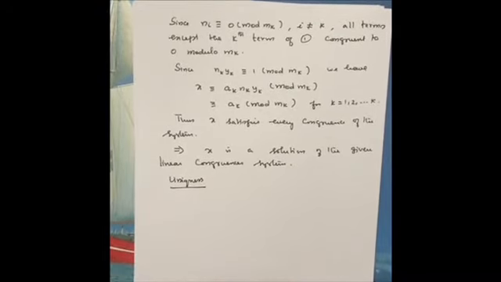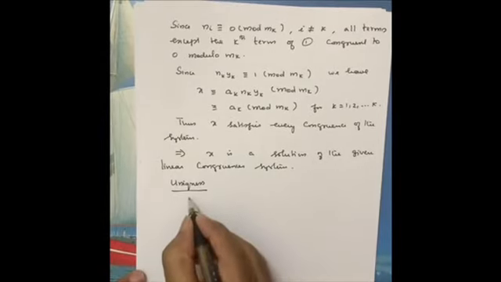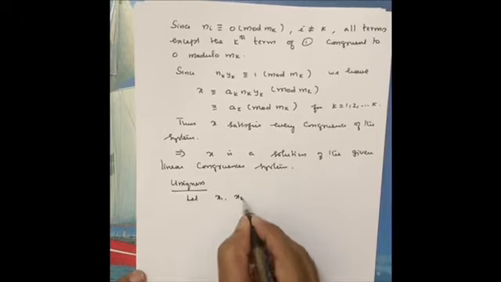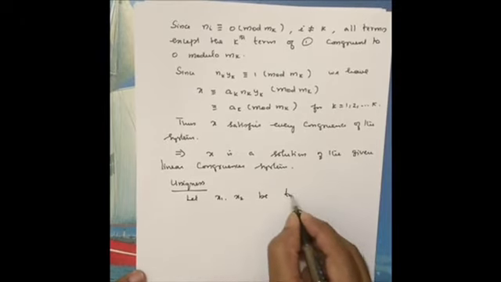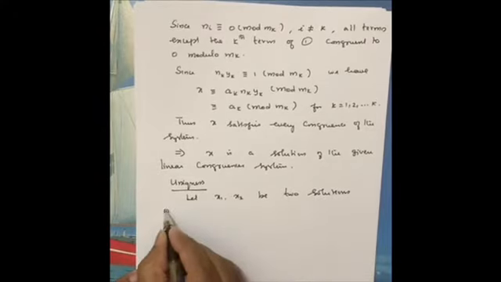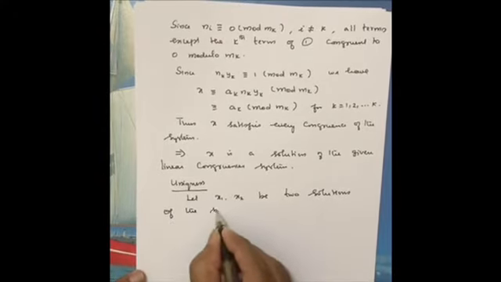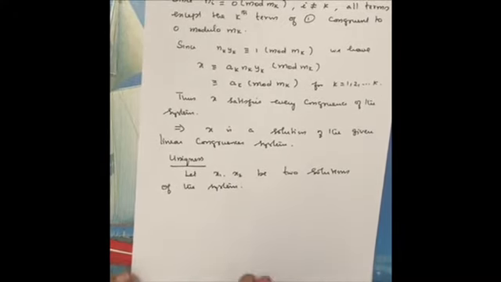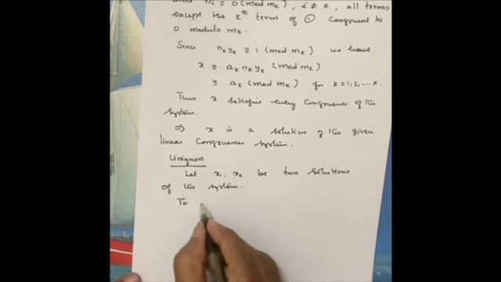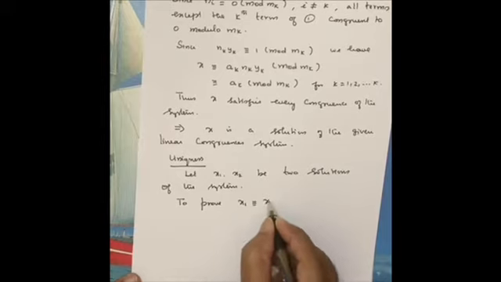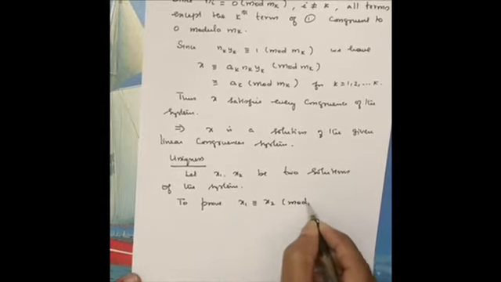Suppose we are having two different solutions, then we have to prove both are same. So let us assume, let x1 and x2 be two solutions of the system. What we have to prove? x1 and x2 are same. So to prove x1 congruent to x2 modulo